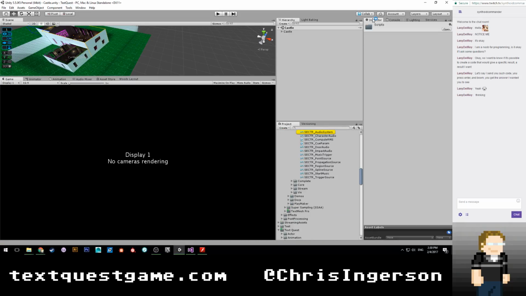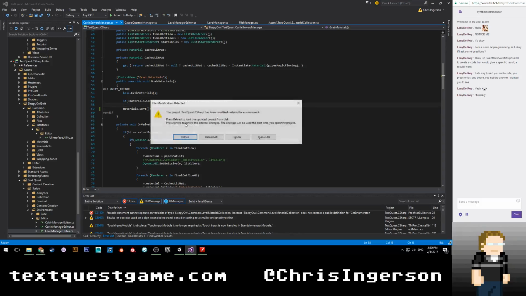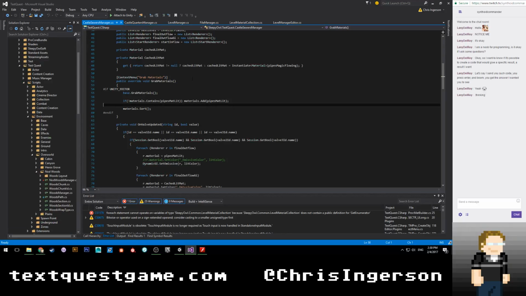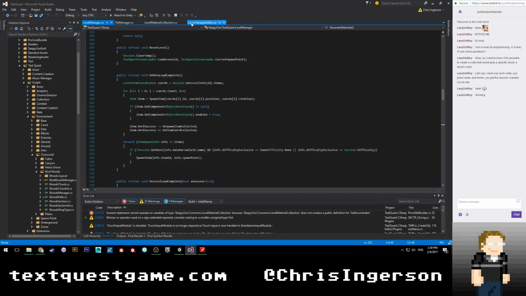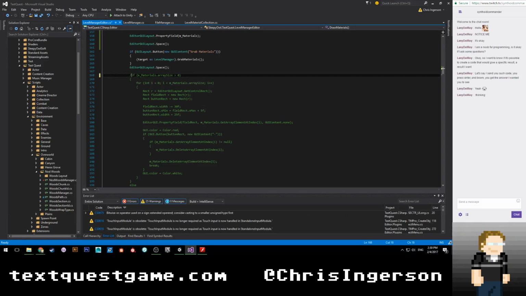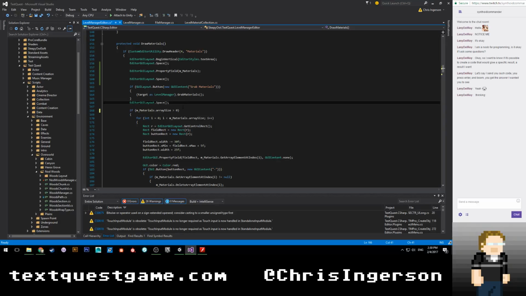Okay, so that's fixed. And now if we look at our inspector, materials, okay, so you see that we have no level material collection right now. That's fine. Reload all, I know. Come on. Alright. And close you out. Where'd my level manager go? There it is. Okay, now, this is where it's going to get kind of interesting, because we're going to say